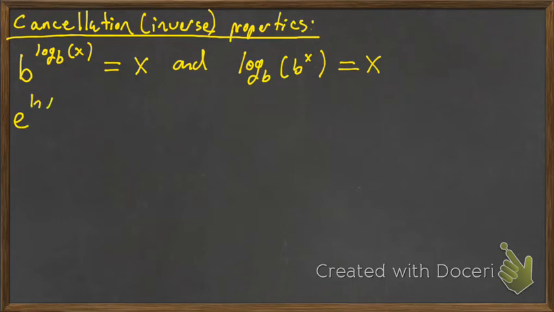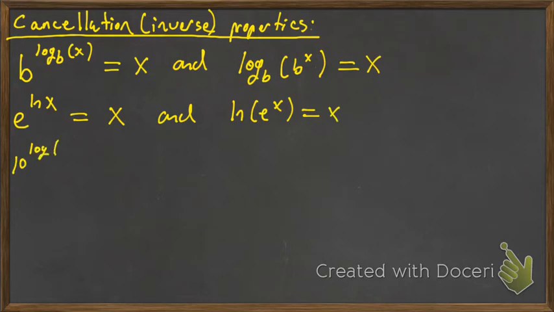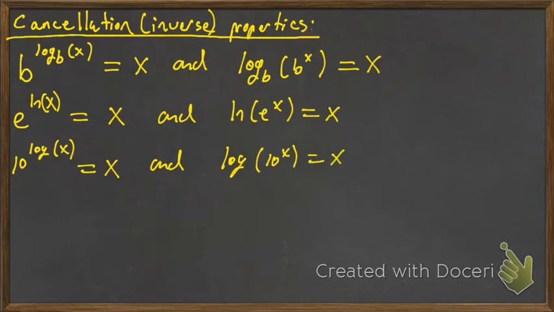So if we're doing e raised to the natural log of x, that is going to be x, and then the natural log of e to the x, we'll run into this quite a bit. So natural log of e to the x, ln and e are going to absorb, and we're left with x. 10 raised to log of x is going to be x, and log of 10 to the x will be equal to x. So there are some very common cancellation